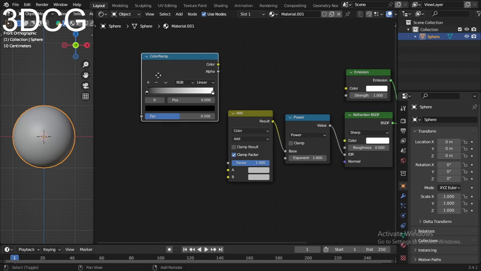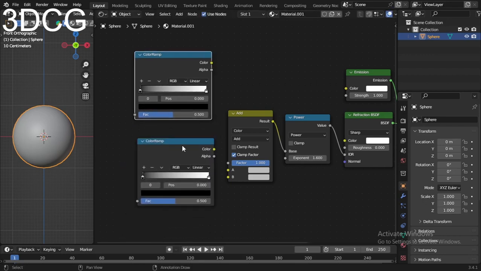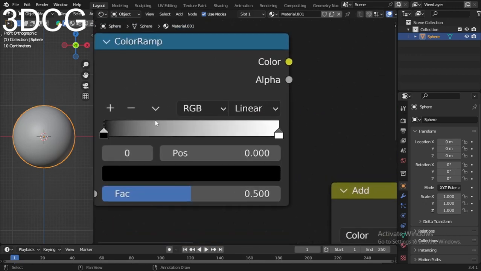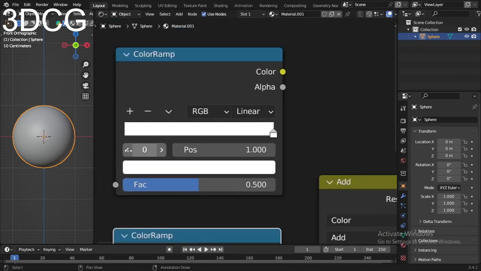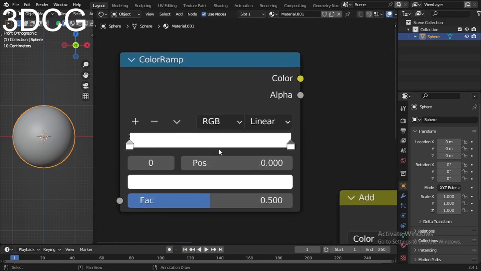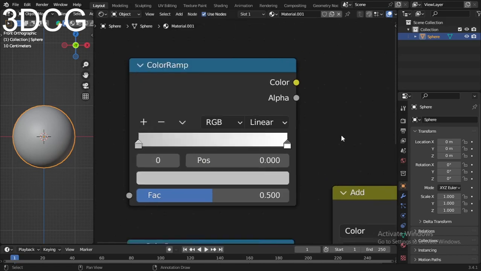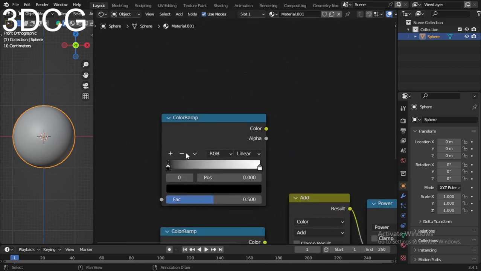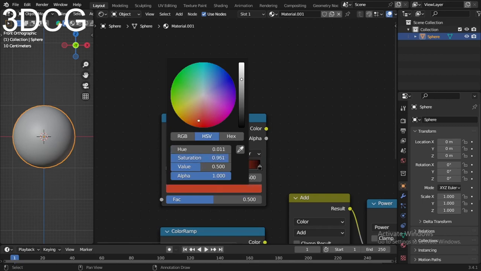This one, Shift D, copy this one. Okay, now just change the color of this one. Okay, now first of all, sorry, here is one, this one. Okay, no problem, just change the color to a black one. This one is black. Okay, and flip this one, and now I take another one and take the light like